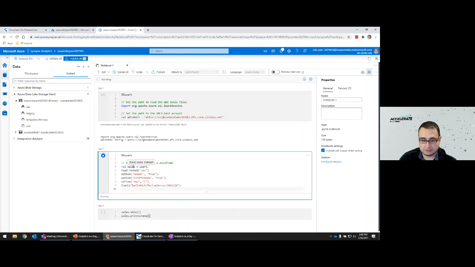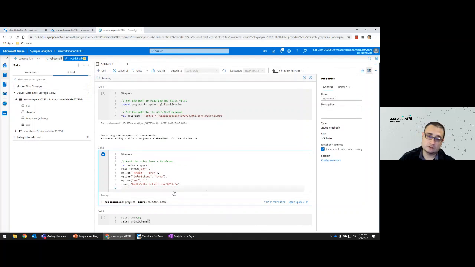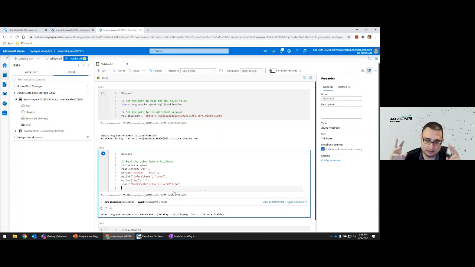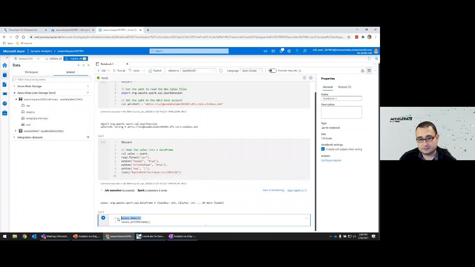And now our sales variable will contain the rows from these files that it's reading. So at this point, we're just saying load the data from these files into a sales variable, or more specifically into an RDD or data frame, if you want to call it that. Again, all of this is happening in memory, so think of it as a temp table that's in memory. Now that we have loaded that data into that sales variable, we're going to say from the sales variable, show 5 records or show rows. So we're going to do that first.